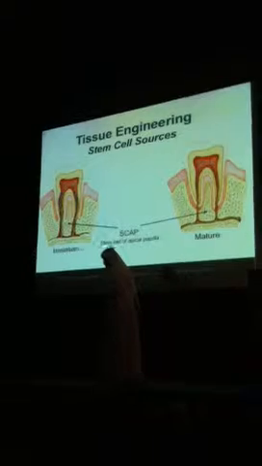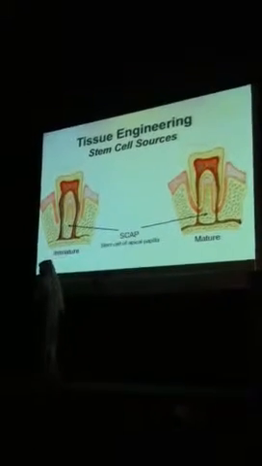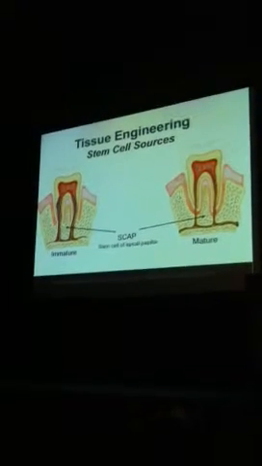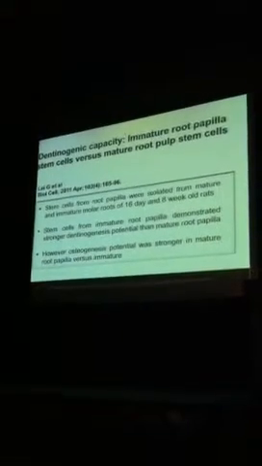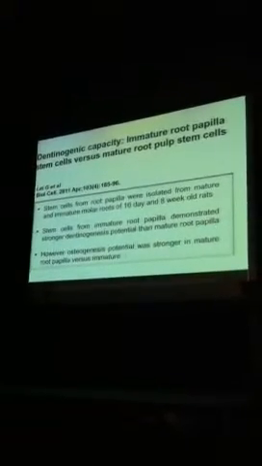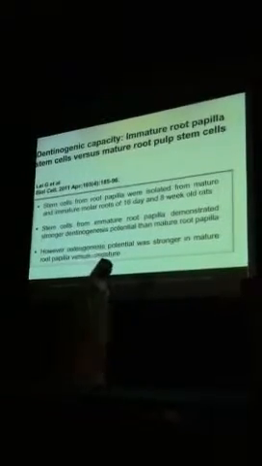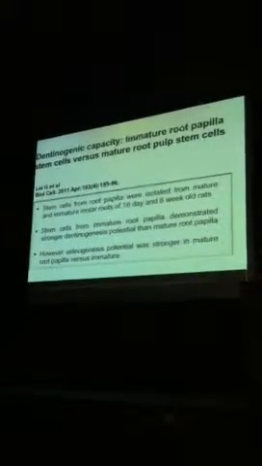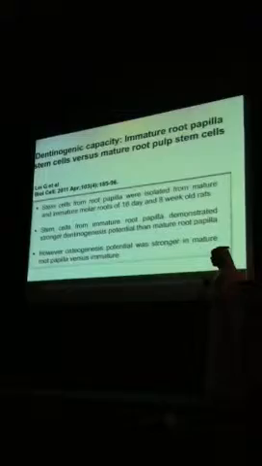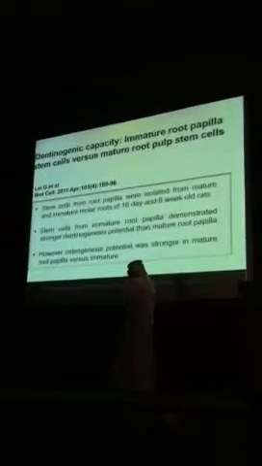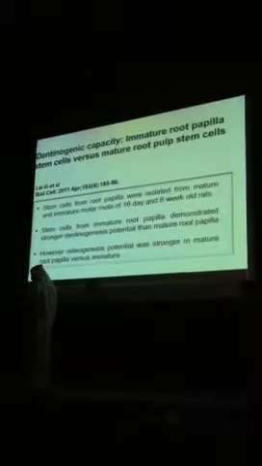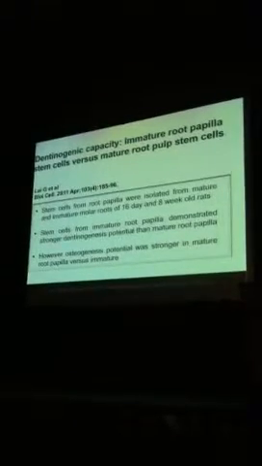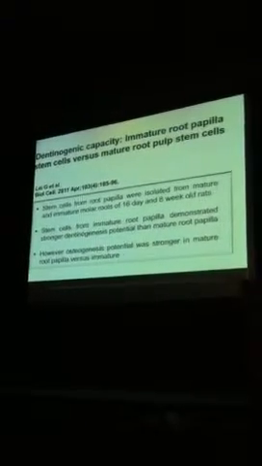So if I ask you a question, is there a difference between the stem cells of the apical area of mature teeth or mature roots versus immature roots? To answer that question, let's look at a very recent publication by Leiji et al. What he did is he compared the dentinogeneration capacity between immature molar roots of mice or rats versus mature molar roots of rats. And the findings he found are obviously very interesting and sort of intuitive. He pretty much found that stem cells from